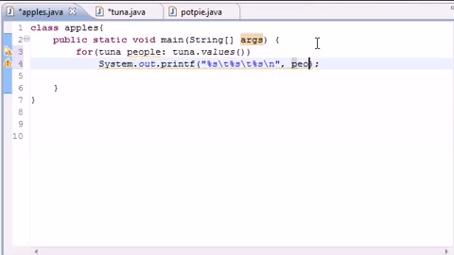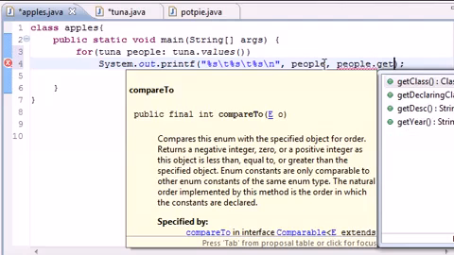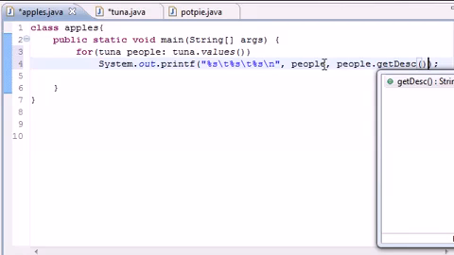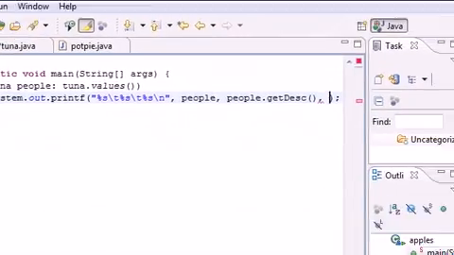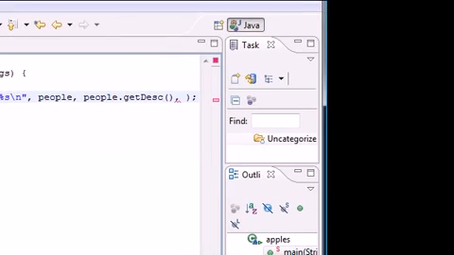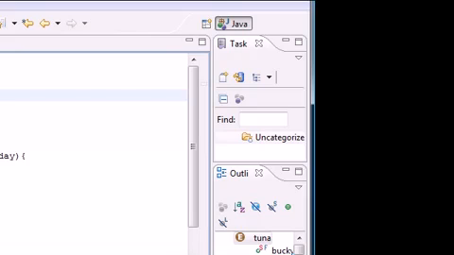The first thing we want is people, because that's what the object is pretty much. So in the first one, it is just going to loop through our name, which is this, Bucky. In our next argument, what we need is to take that people object and use the method get, wait, what did I name that method? People.getDescription. And what that is going to do is return a let me find my screen recorder, see how much time I'm at. I got minute 30. What it's going to do is return a string of our description,